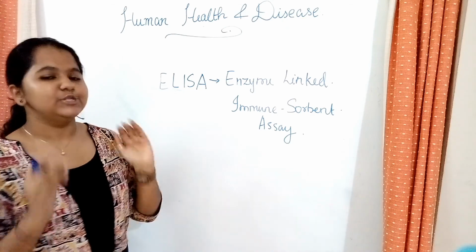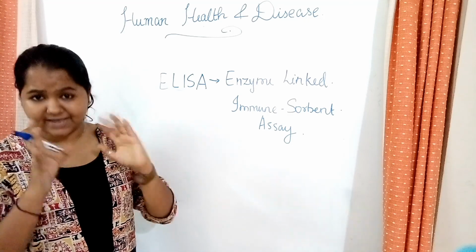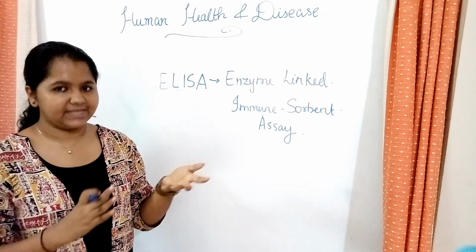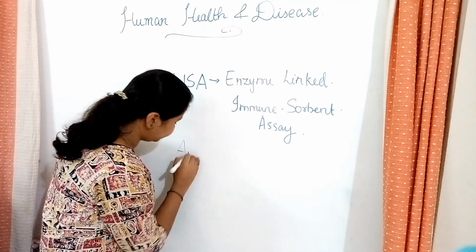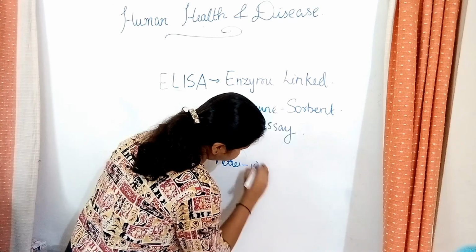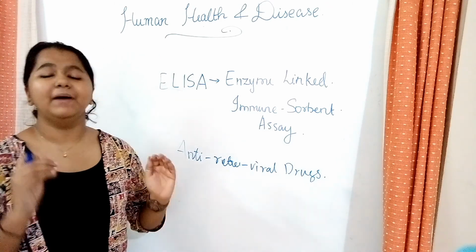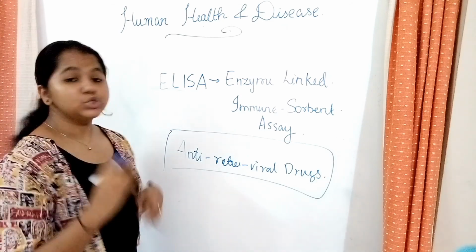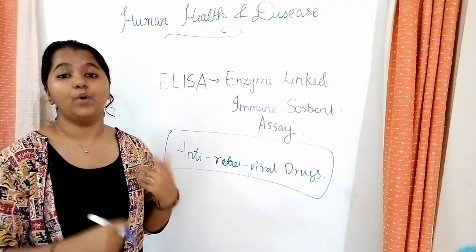Next is the treatment. To talk about the treatment of AIDS, actually there is no treatment. AIDS is a deadly disease which cannot be cured, so it's an incurable disease. The only thing you can do is to prevent it. Also there is something known as antiretroviral drugs. What do they do? They only have a partial effect on it. Okay, so these give you a partial effect on your body. So I told you there is no cure, the only thing is to prevent. Now let's see how we can prevent this.